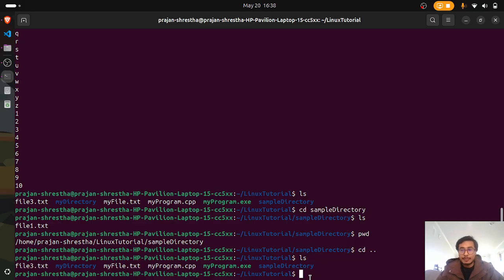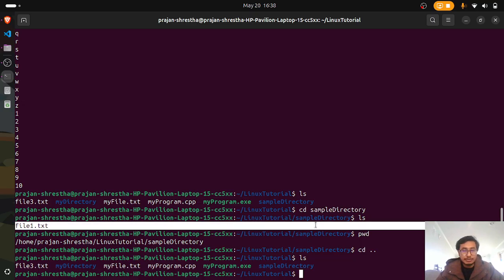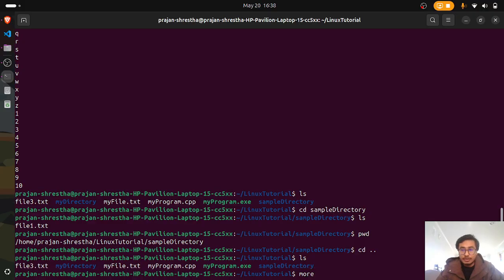Okay, so now I want to talk about absolute path and relative path in Linux. An absolute path is something which starts from the root directory. If I want to see the contents of, let's say, the sample directory, I can do it using the absolute path. For example, I have file1.txt inside the sample directory. So if I do more, in this case slash home slash